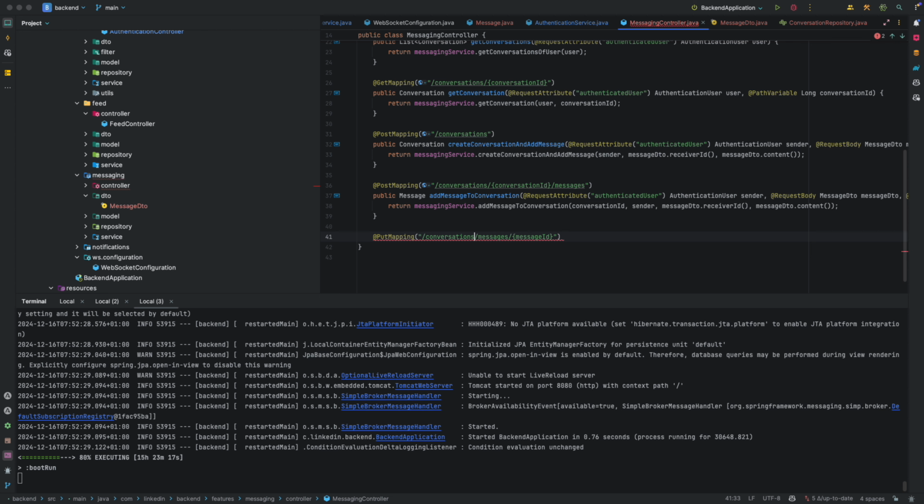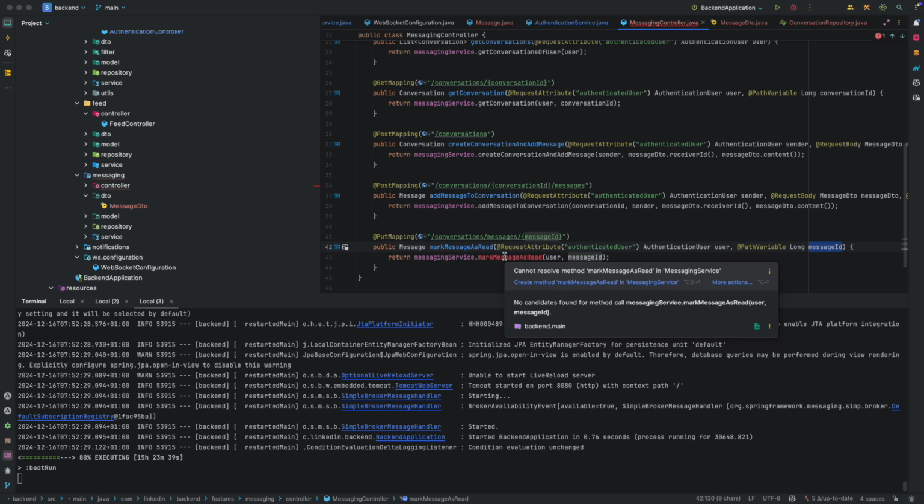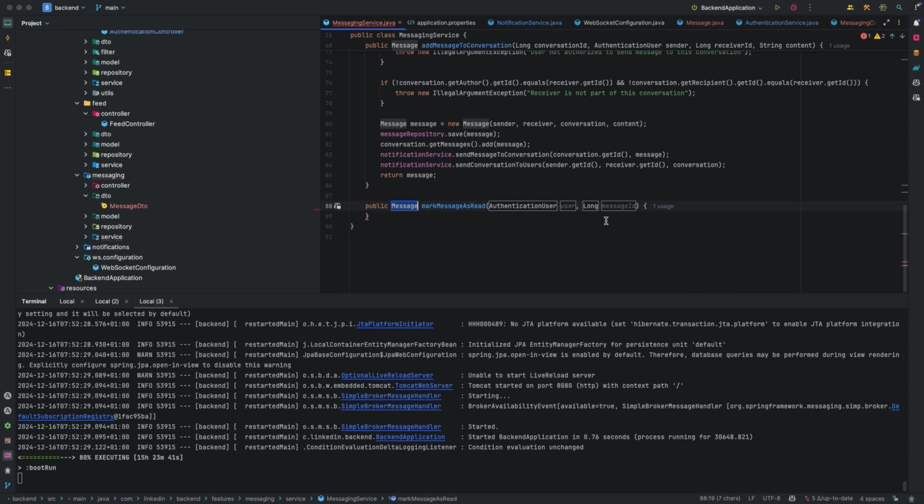So it's gonna go to conversations, then to messages, and then grab the message ID. Then here we say mark message as read, and we're gonna grab the authentication user and the message ID, and we need to create this method within our